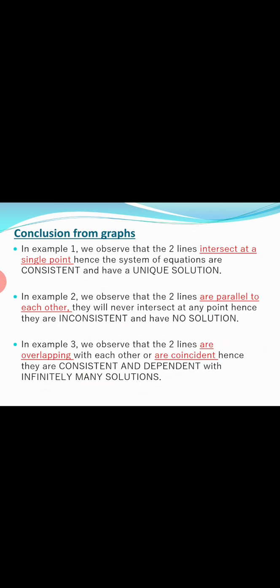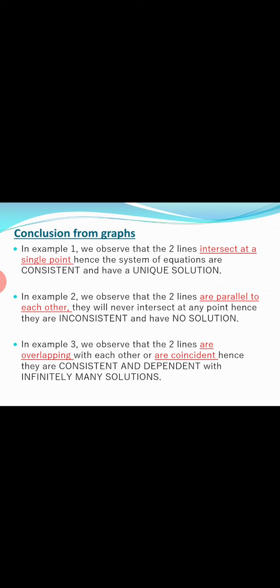So there are three possibilities which we have seen till now. First is the lines will be intersecting. The second is the lines can be parallel, or the third one in which the lines are overlapping with each other or they are coincident, that is they are one and the same line. So conclusions that we can draw from the graph are,